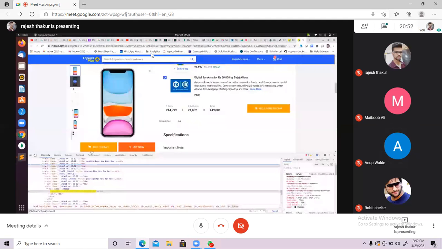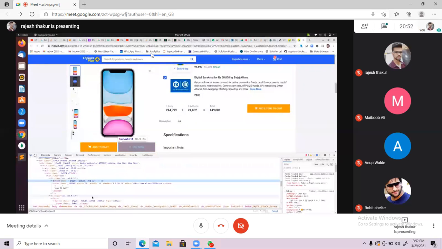Okay, add to cart we have to identify with the help of the text function. Who is going to help me? It's very simple. I have to identify Add to cart with the help of this text function. First thing, this add to cart is coming in which HTML tag? Button.